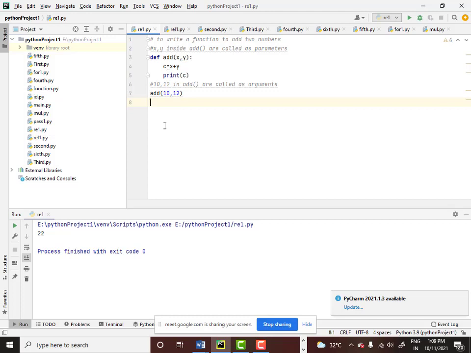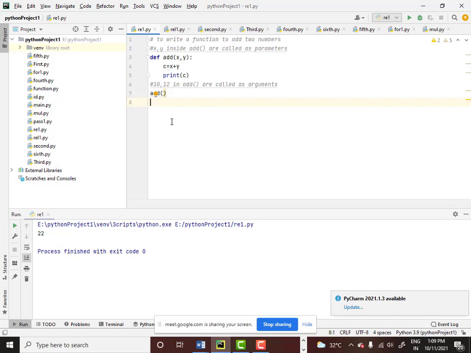So if you write a function with parameters, then you must call the function with arguments. For example, here you have written a function add x comma y, but when I am calling the function, I don't supply any value. I will simply say add, which means I am trying to call the add function, but I am not supplying any value.